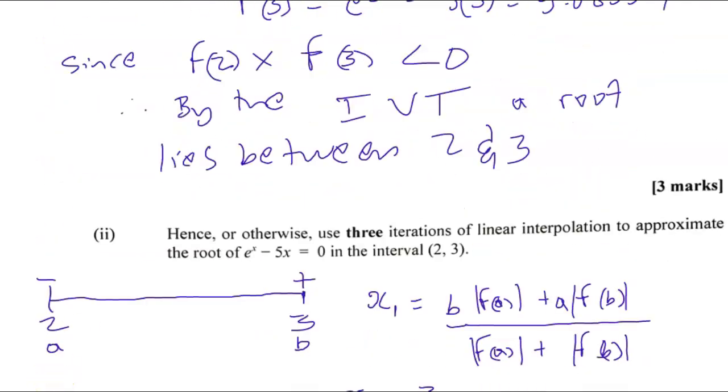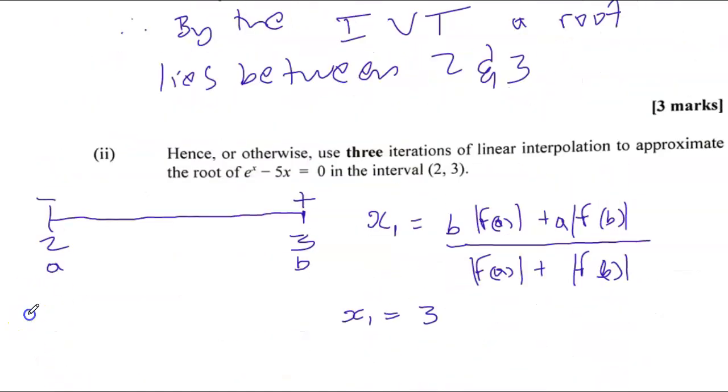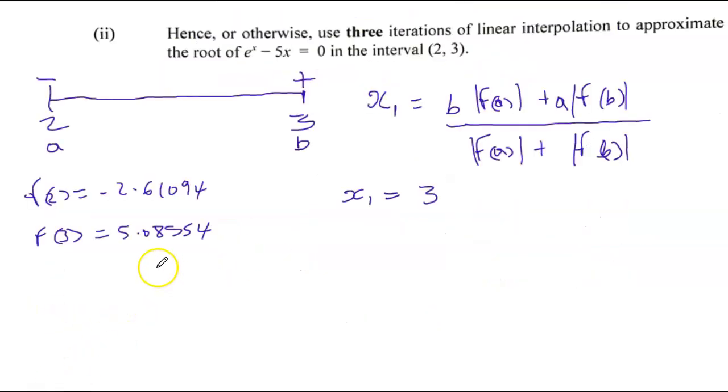And f(3) was 5.08554. So b, replacing b with the upper limit, which is 3, times the positive value of f(2), 2.61094,